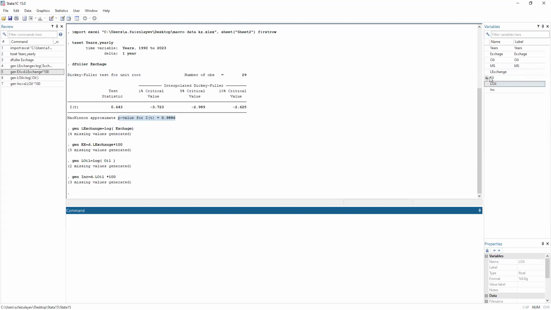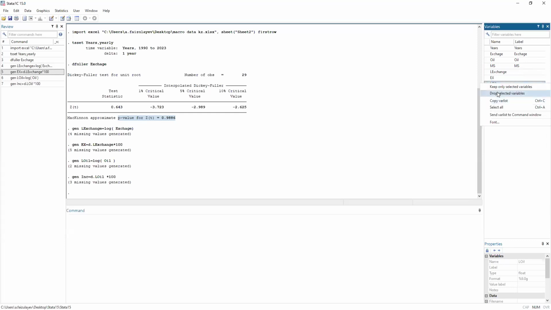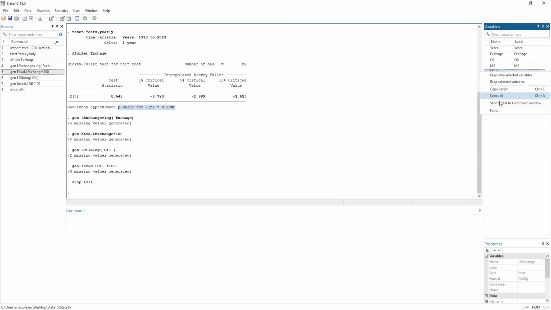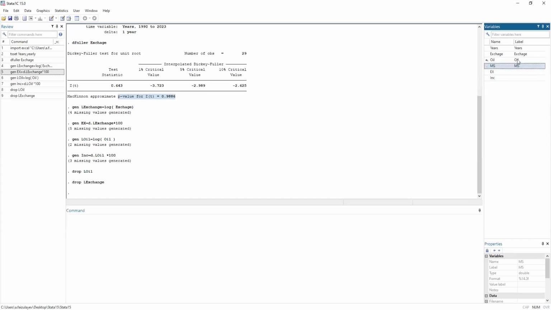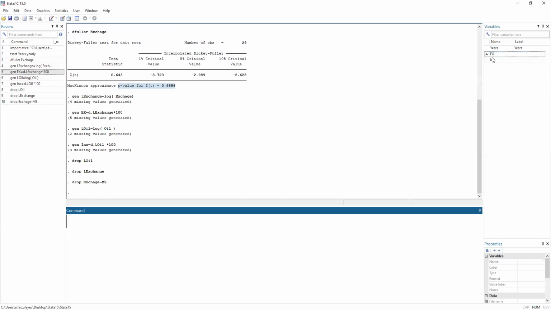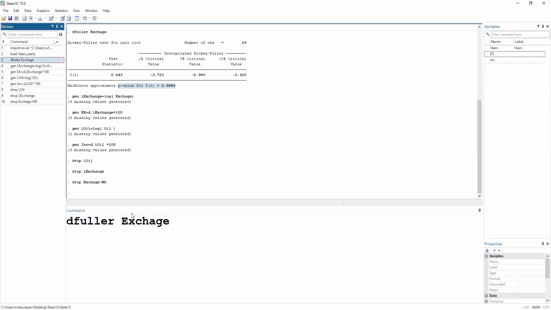Now, in here, for example, not to be confused, I can drop some variables which I don't need. Okay, I'll drop all these variables, and I have exchange and income only that I will be dealing with. Now, I will again take the Dickey-Fuller